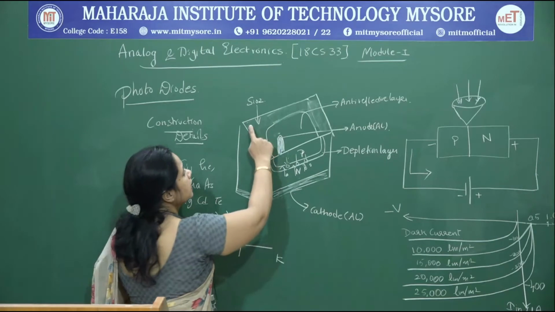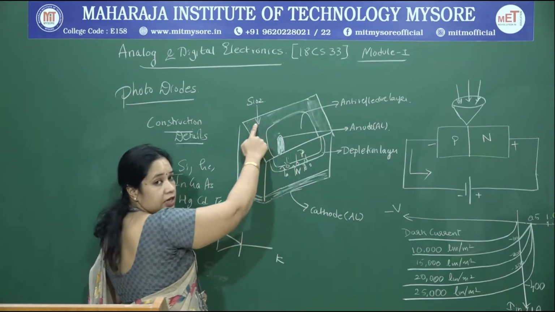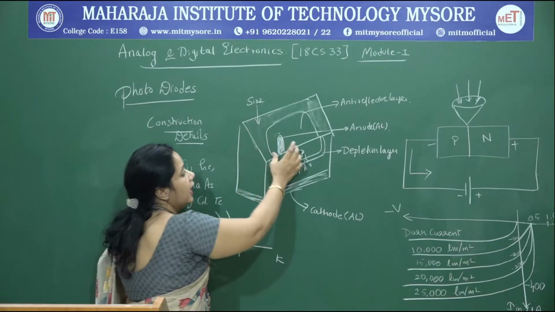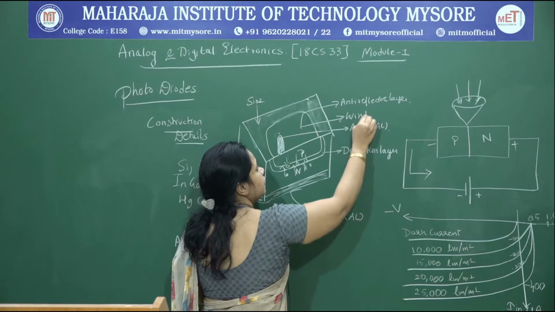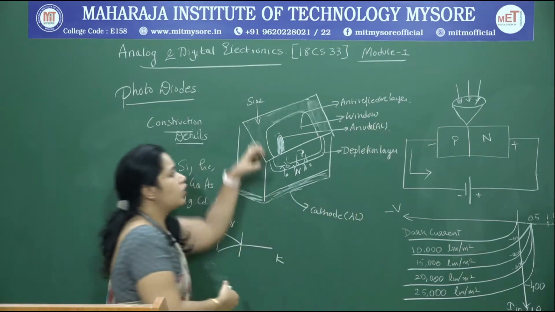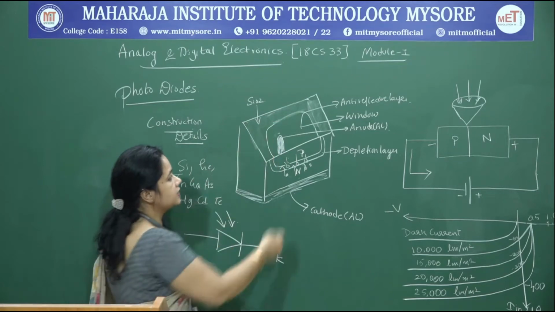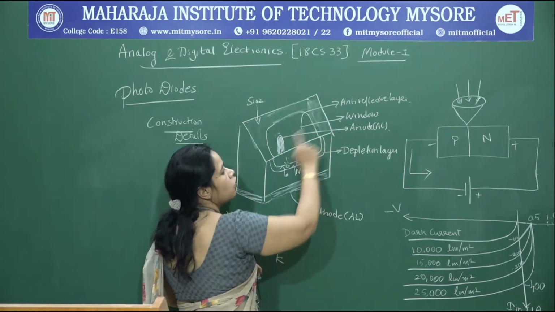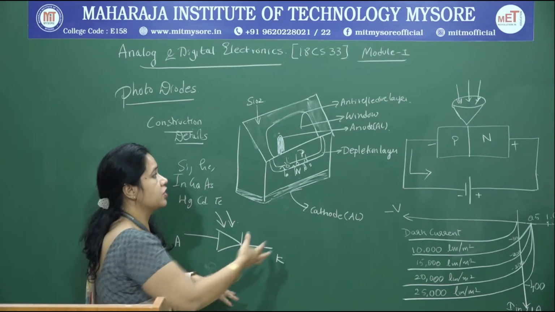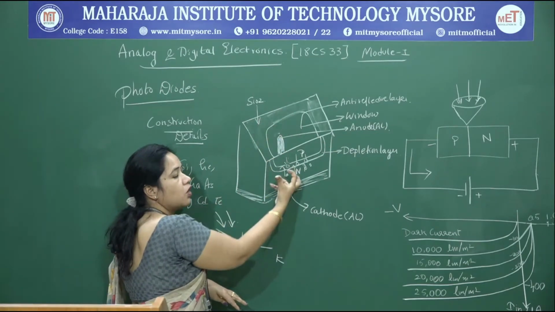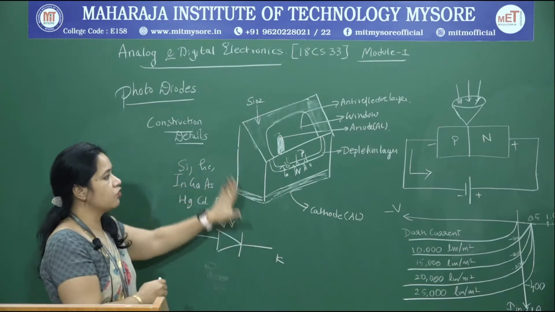And you can see the top surface of the junction is coated with silicon dioxide, and we have a special window provided here to allow the light intensity to fall on the PN junction. This is usually coated with an anti-reflective layer, which prevents reflection and allows the light to be absorbed into the PN junction. So this is basically the construction of your photodiode.